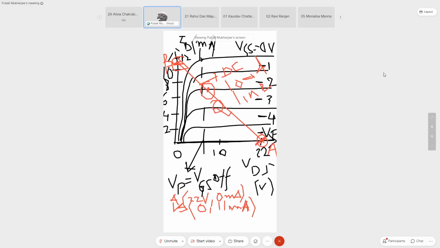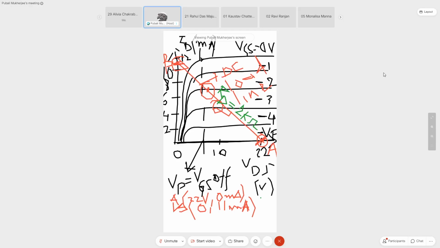And this DC load line basically represents all the points that you could include within the FET output characteristic curve. And this is the DC load line drawn for a circuit having RD equal to 2 kilo ohms. This is very important because it is called a load line. This load line is drawn for RD equal to 2 kilo ohms.